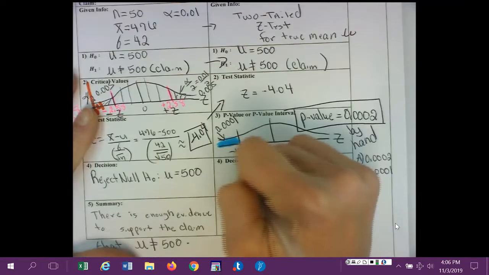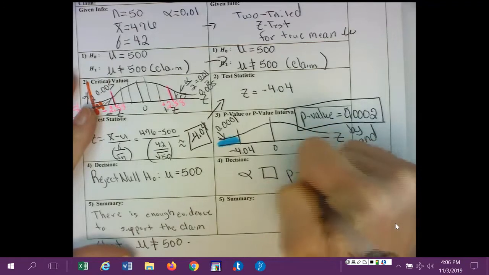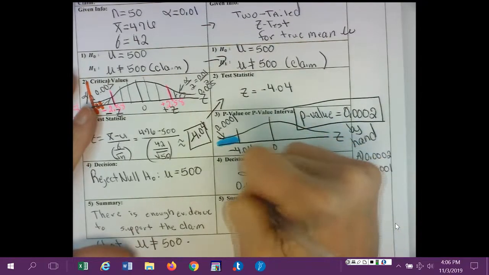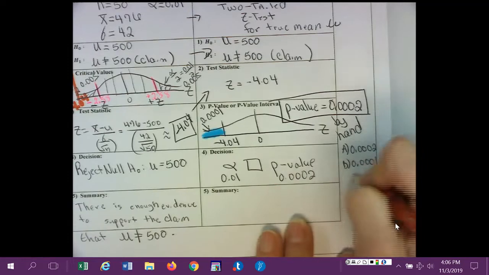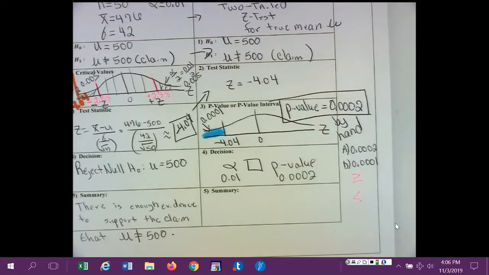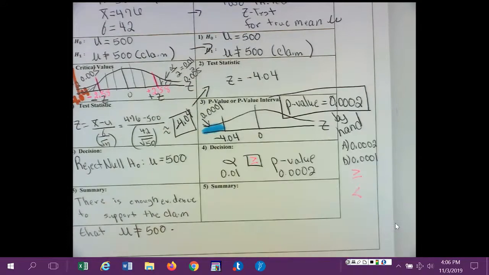Decision time. Alpha versus p-value. The p-value is 0.0002, and the alpha was given to be 1%. So alpha is larger than the p-value. Now, again, there's only two symbols to put there. I know it's strictly greater than, but I'm following my master sheet, and you either put in greater than or equal to, or less than. When it's greater than or equal to,